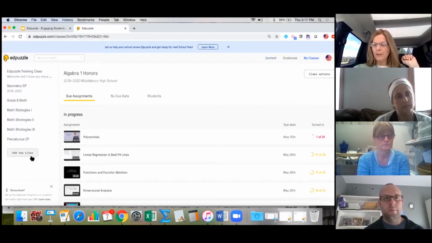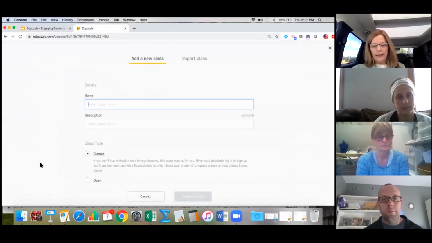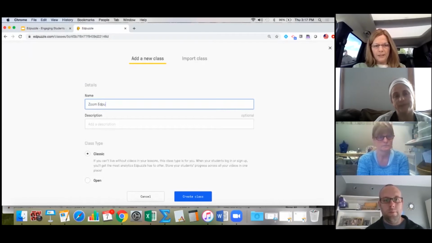Can you see that button okay? Great. And you can add it using Google Classroom. I am not a Google Classroom user, but you guys might be. I'm just going to create it like this. And I'm going to call it Zoom EdPuzzle class. And this is so that you can join as learners.